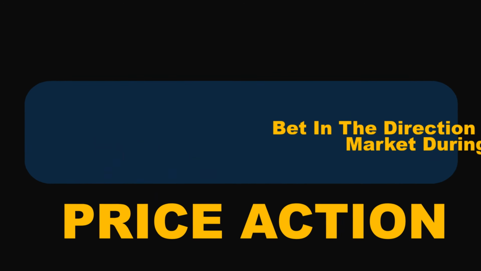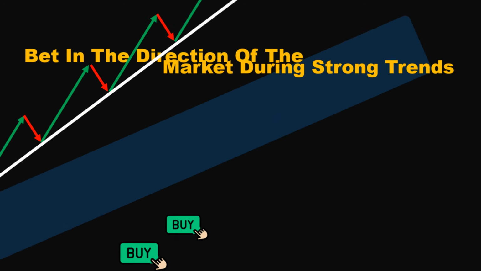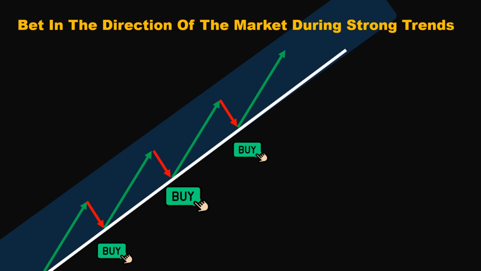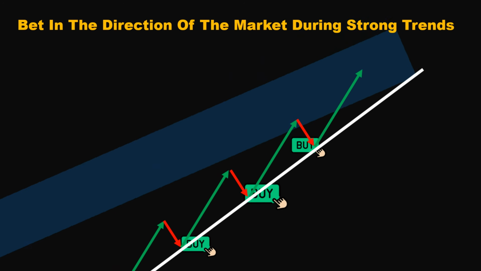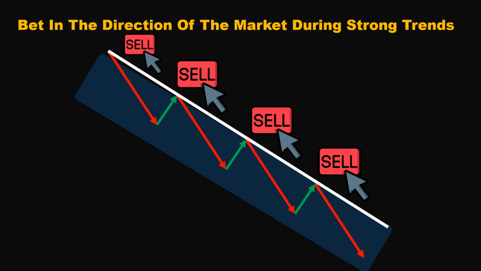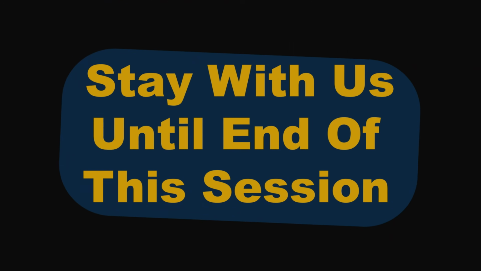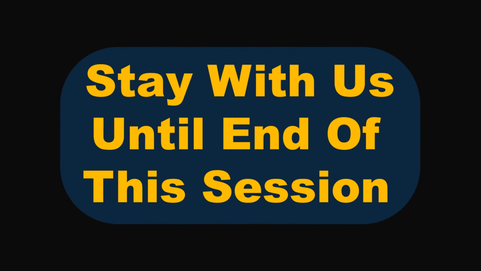We have previously said that one of the most successful ways to profit from trading is to bet in the direction of the market during strong trends, and especially on pullbacks to the moving average. Moreover, we expressly emphasized that traders, especially less experienced ones, should avoid going against the market until it has entered a definite trading range or a major trend reversal has occurred. If you would like to learn a thing or two about major trend reversals, please stay with us until the end